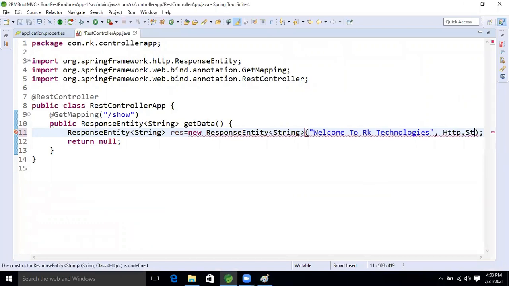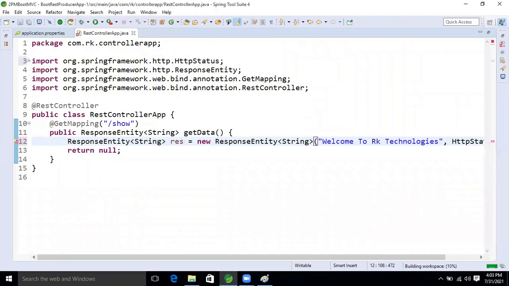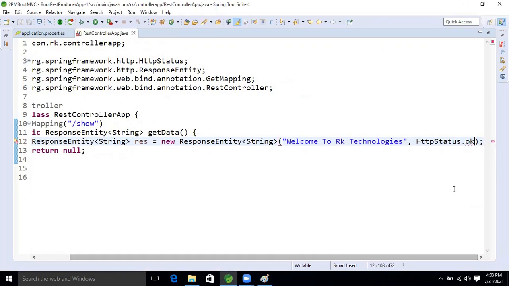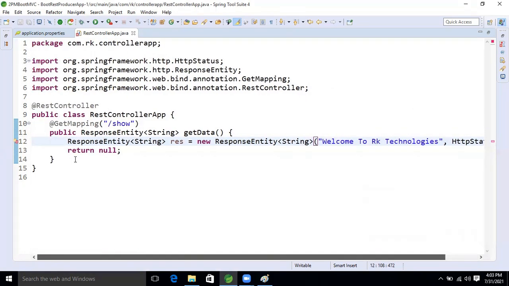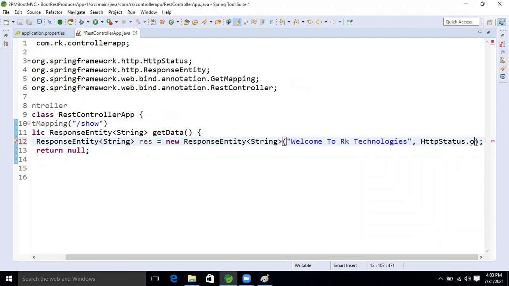So HttpStatus.OK, I'm taking, right? Why is it giving the error?